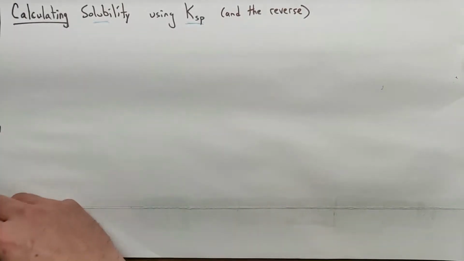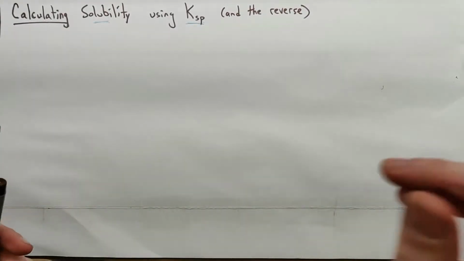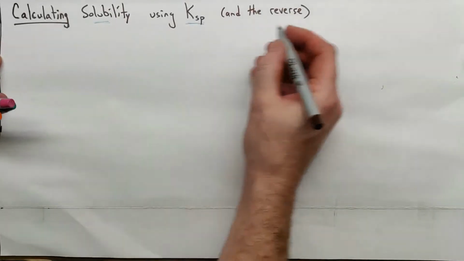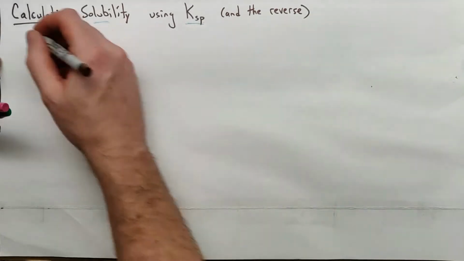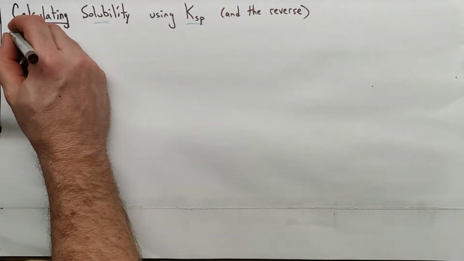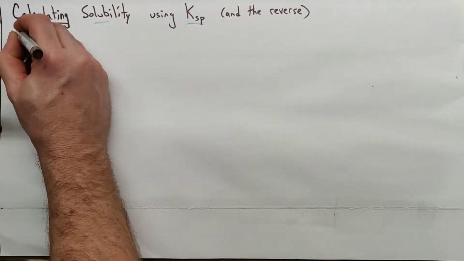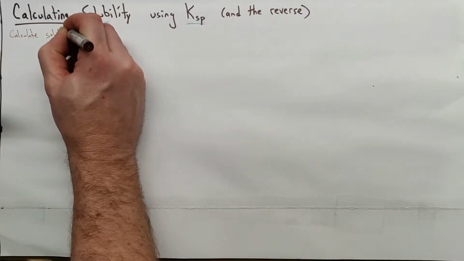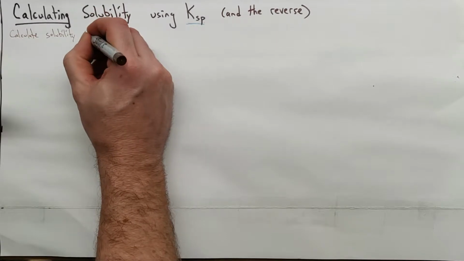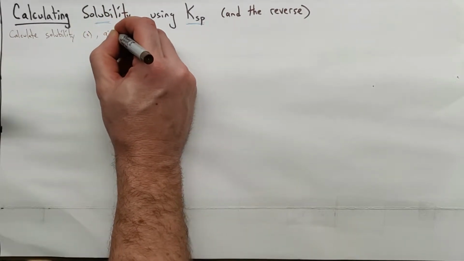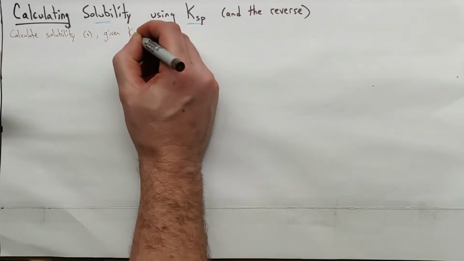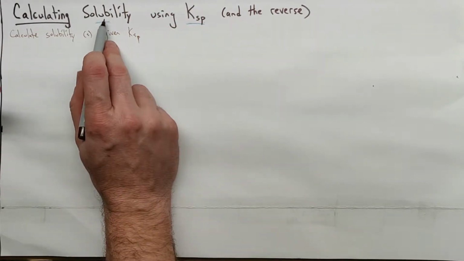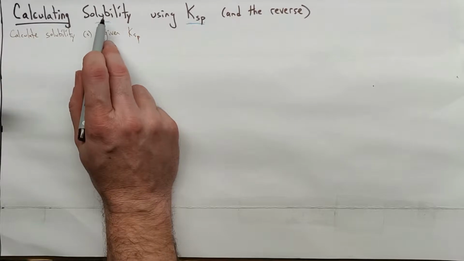I've got a new piece of paper here, and this is an old pen, so goodbye to that. We'll start out with a pretty simple example. For the first ones here, let's just say given Ksp, calculate solubility, and that is S. And solubility, as we mentioned in a previous video, as a property is the ability to dissolve